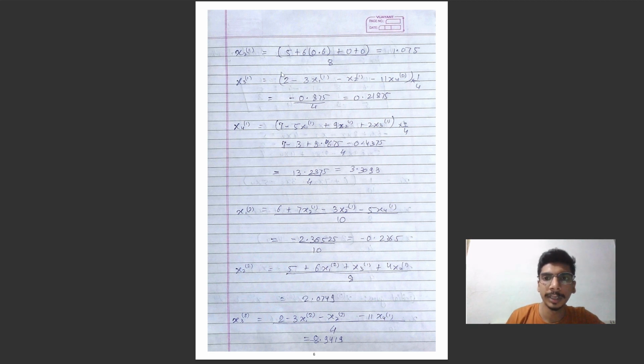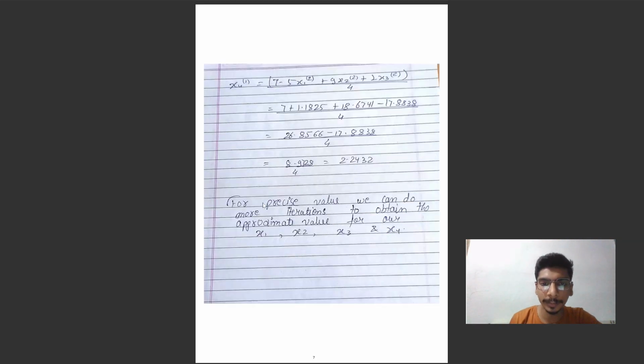यहाँ पे हमने 0 इसलिए पुट करा है और यहाँ पे x1 की वैल्यू इसलिए लेटेस्ट पुट करी क्योंकि हमारे पास आ गई थी x1 की वैल्यू. अभी x3 और x4 की वैल्यू हमारे पास आगे निकलेगी, तो जब तक हमारे पास आ नहीं जाती इनकी वैल्यू हम इनको 0 ही पुट करेंगे. अब यहाँ पे x3 में जैसे हमारे पास यहाँ पे x2 की वैल्यू आ गई है और x1 की वैल्यू आ गई है, तो हम यहाँ x1 और x2 में लेटेस्ट वैल्यू डालेंगे और x4 को अभी भी 0 ही रखेंगे यहाँ पे. तो x3 सॉल्व करने पर हमको मिला है 0.21875, x4 सॉल्व करने पे हमको मिला है 3.3093.